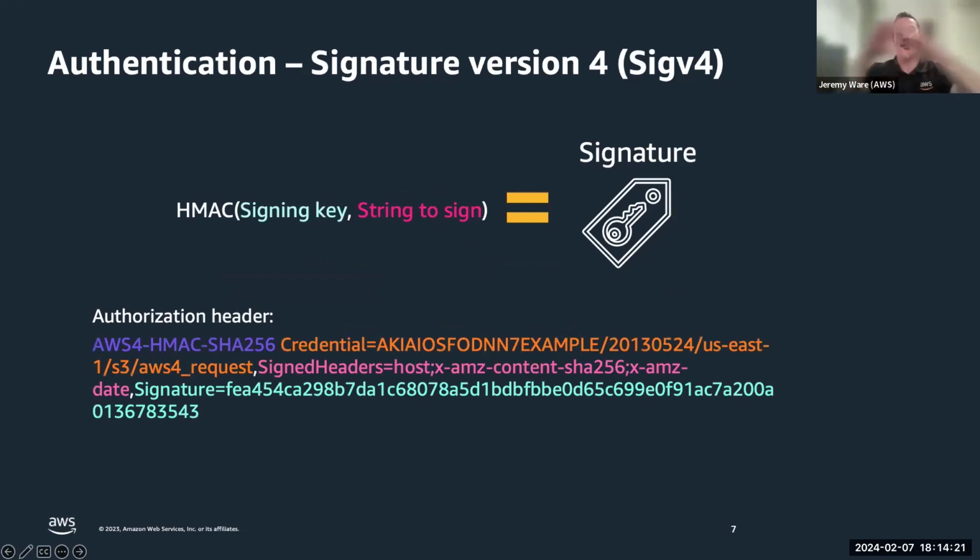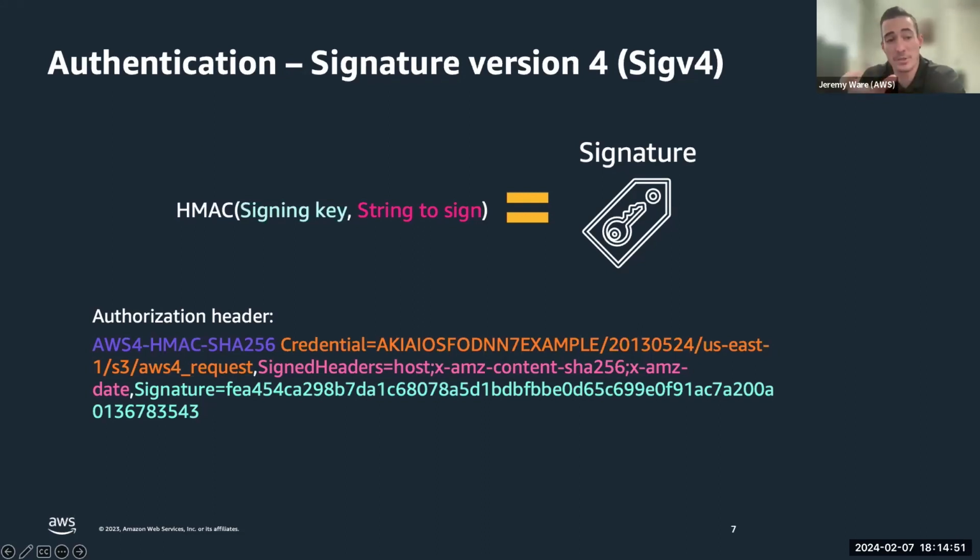So what happens when we put it all together? Well, we get our actual signature, and that signature is going to be passed in the authorization header of the request. So when an API call comes in, for example, to Cognito, like I mentioned earlier, let's say update user, we hit that API endpoint. What AWS is going to do under the hood, before it even evaluates if the calling principal has permissions to do the update action, is validate the authorization header.